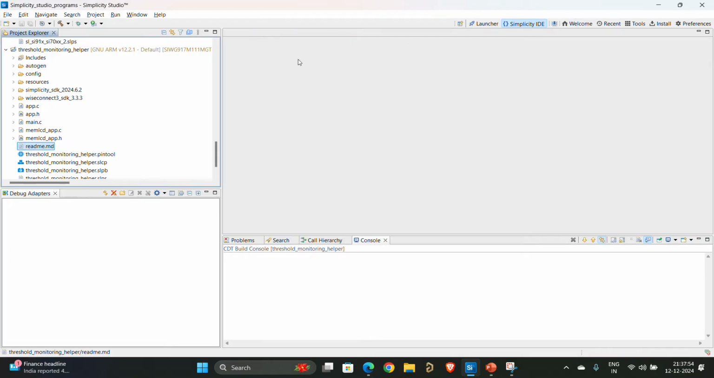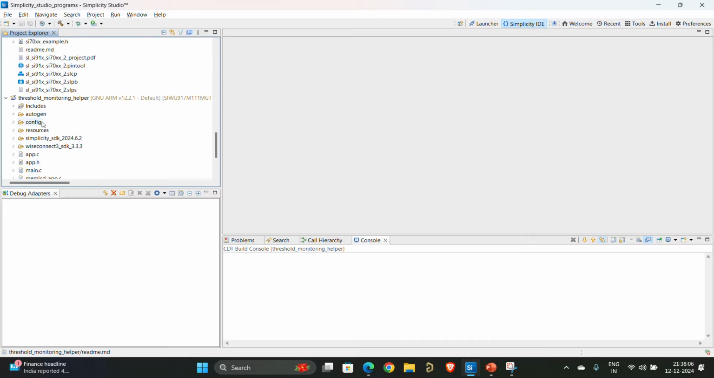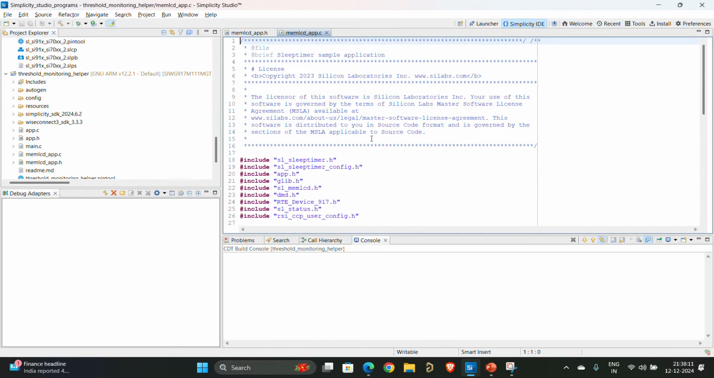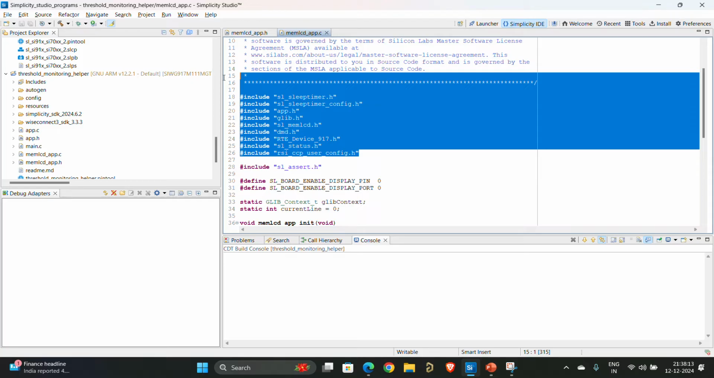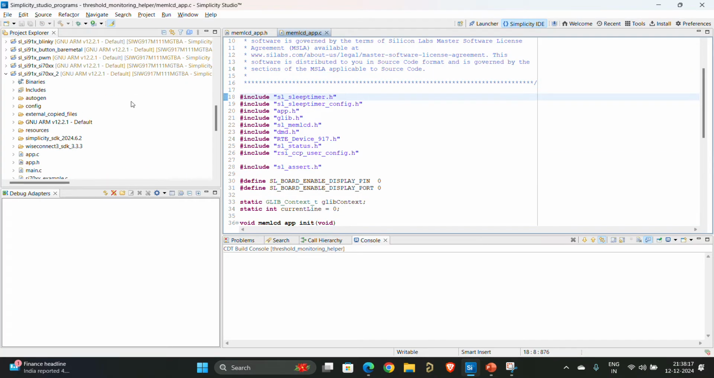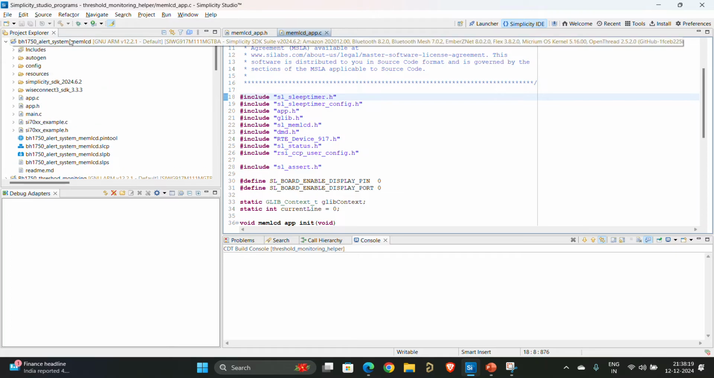For example, if you are writing programs in C and want to copy a program in a particular project into another program, what will you do? You'll copy all the libraries and you'll copy the code. Similarly, if you open memorylcd.c, app.c, you have these many headers. You don't know from where these headers are coming, but you need them inside your main project, which is BH1750